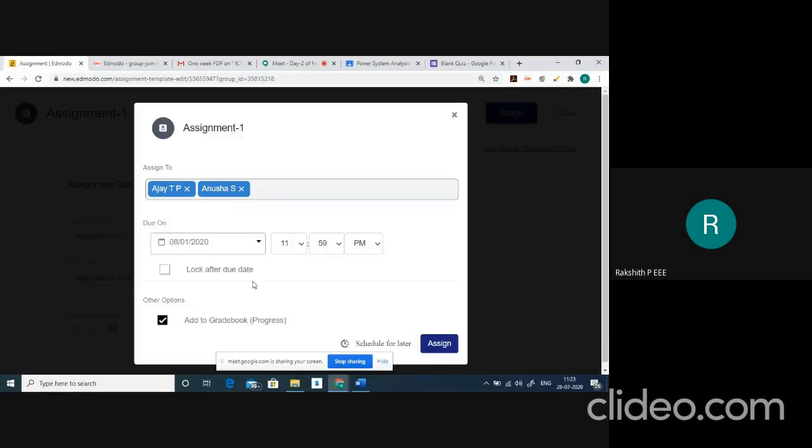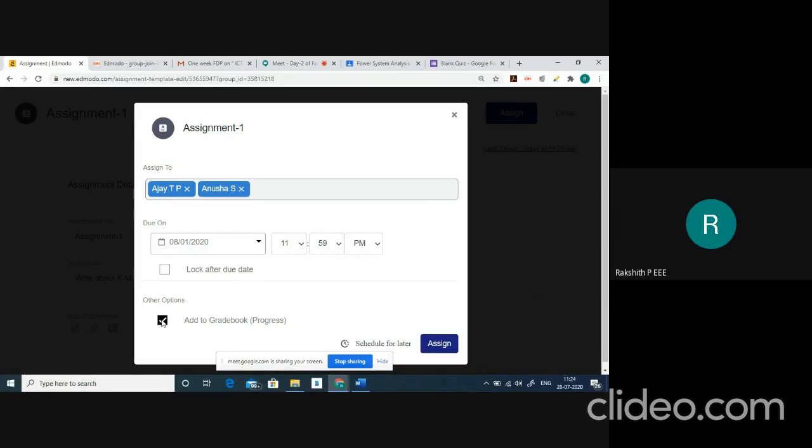If you don't select this, your students can submit assignment later, and there it will show that particular student has submitted late by so many minutes. I'll show you that little later. And if you want to add this to gradebook or progress book, you select this. If you don't want that particular option, you can uncheck that.